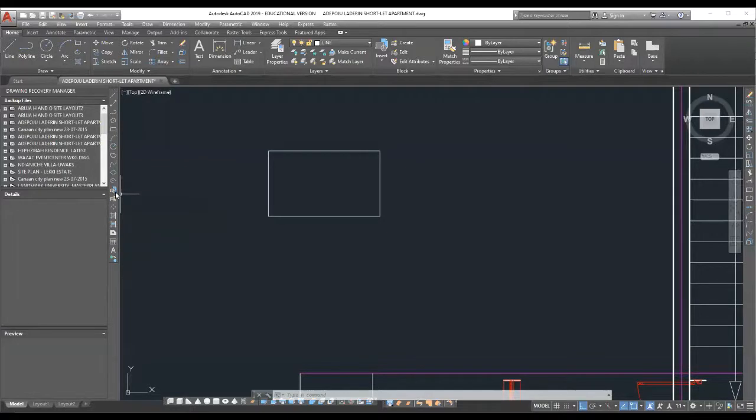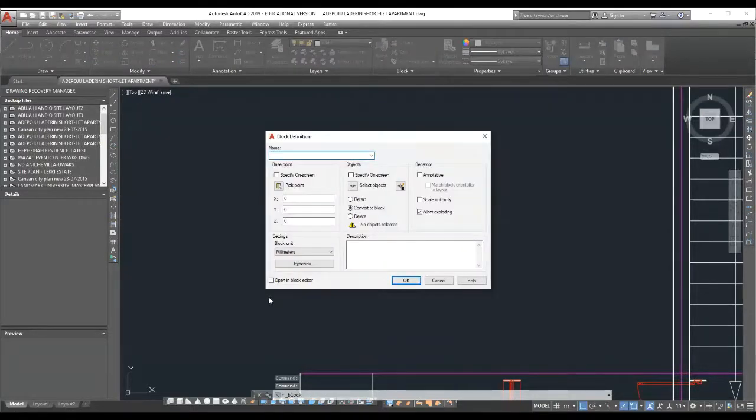You use the command insert block when you want to bring your block into your project. You use make block to create blocks, create reusable content that you can always reference and use on future projects. So now we have this table here that we want to convert to a block. There are two ways. Either you come here and click on this make block. Once you click on it, it brings out a dialog box, the block definition dialog box, where you give the name of the block